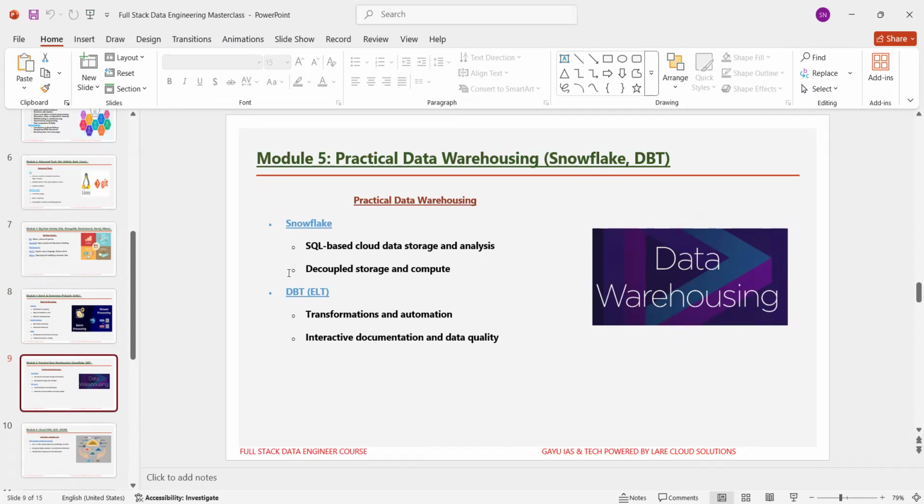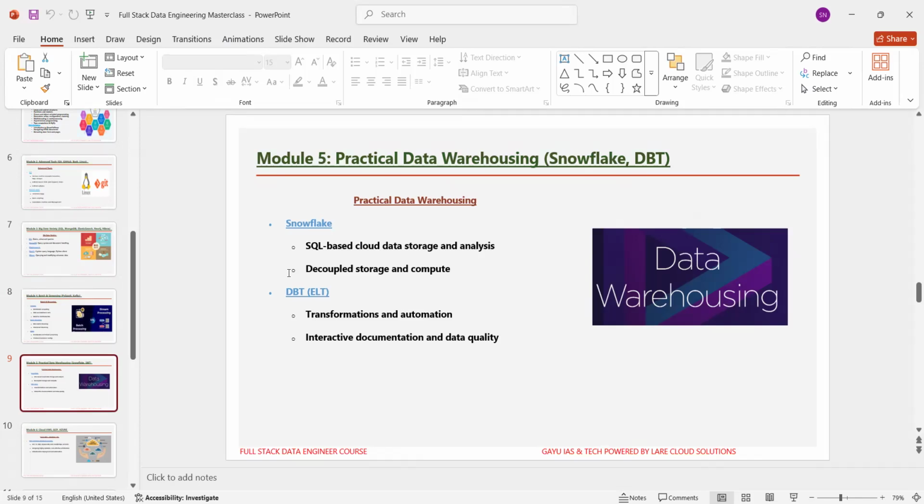This module focuses on cloud-native data warehousing with Snowflake, paired with modern transformations and automation using dbt. Here, you'll learn how to store massive data sets, run fast queries, and build reliable data pipelines with maintainable code and automated workflows.